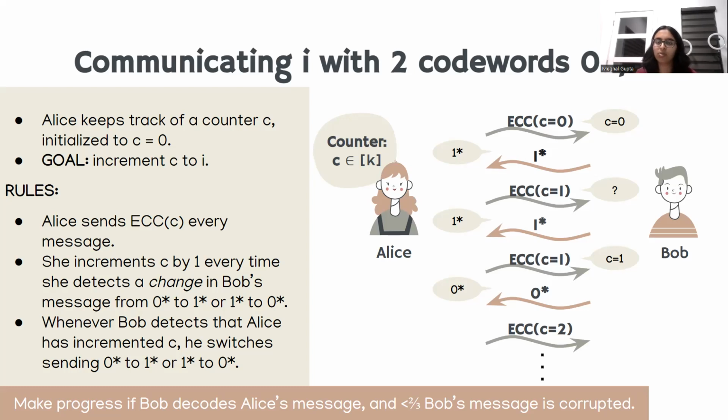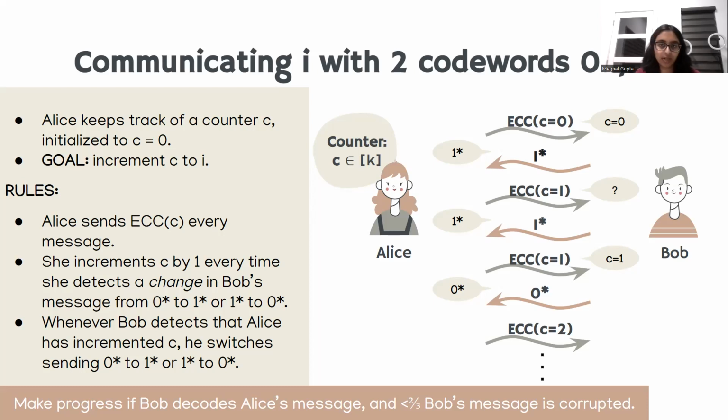However, it seems as though we're still chasing our tail, because we still have this problem that Bob needs to uniquely decode Alice's message, and Alice's message is still one of many possible things, because the counter could be one of a very large number of things. So there's only distance 1/2 if you just do what we're showing here and send over an error correcting code of the counter.